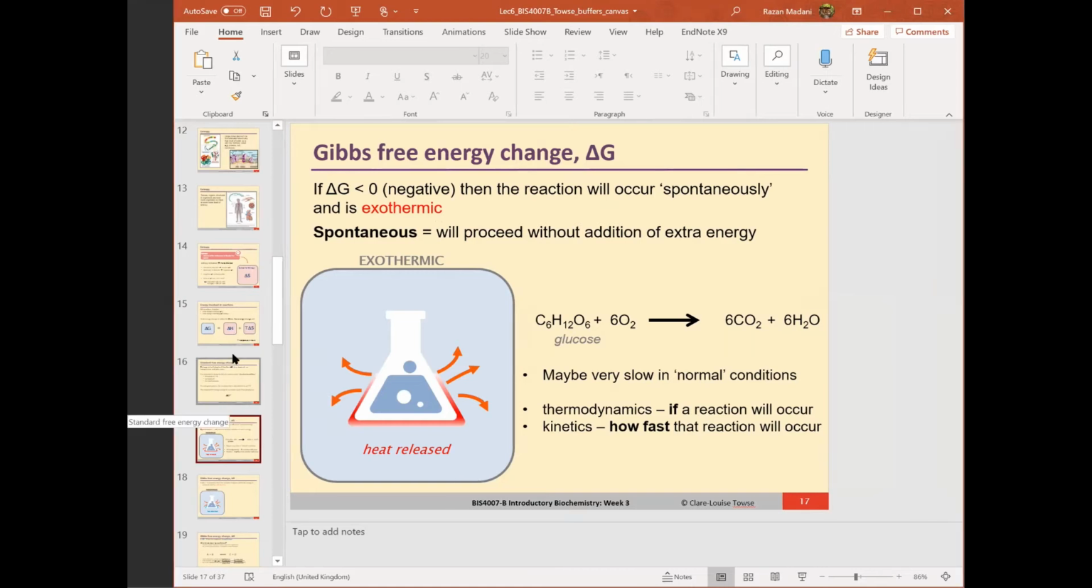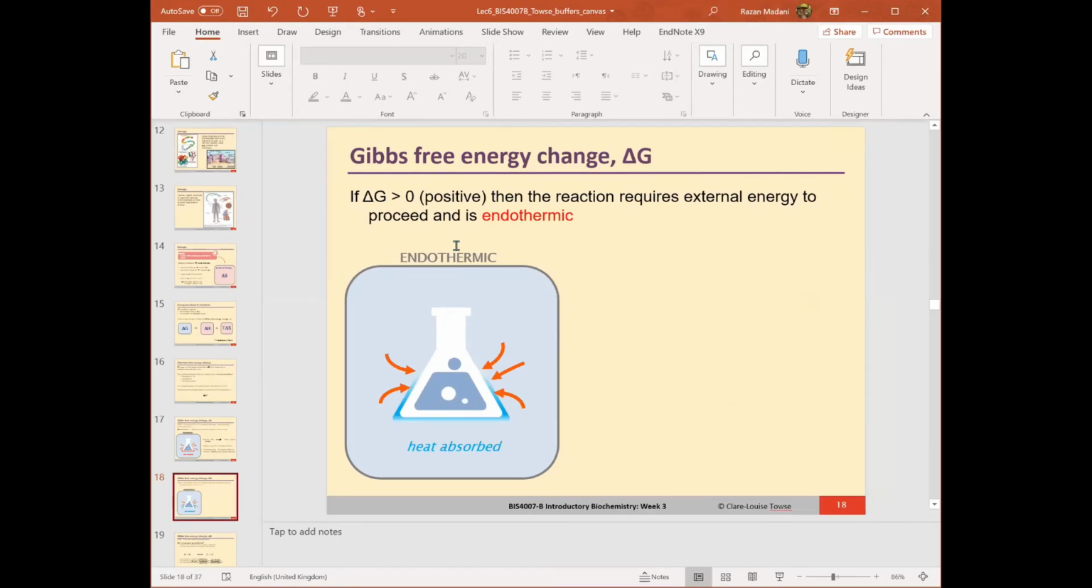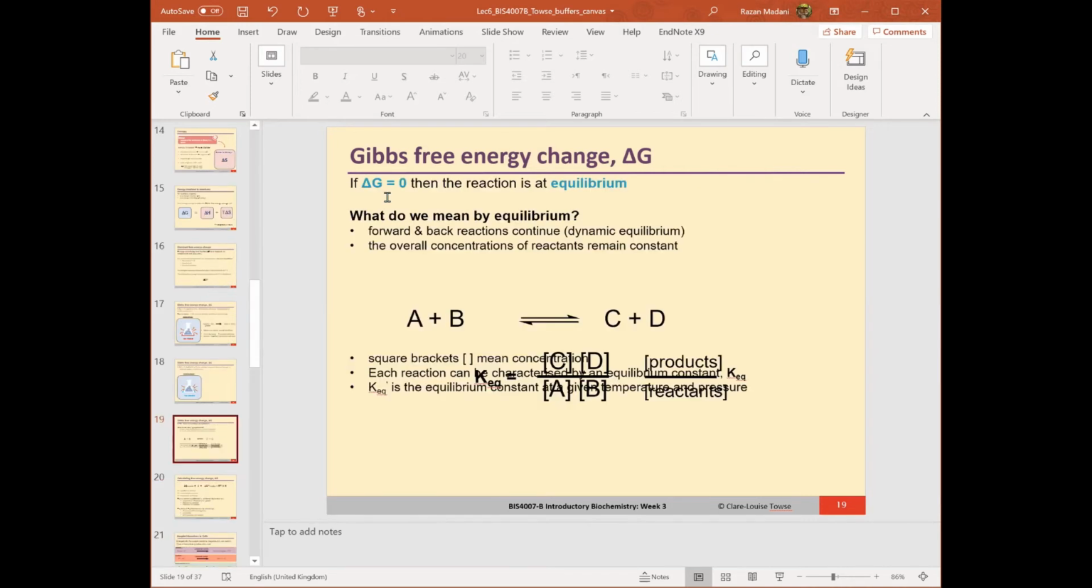Yeah, I've got it down. And then it says if delta G is bigger than 0, that means it's an endothermic reaction. Yeah, I've got that down as well. If delta G equals 0, then the reaction is in equilibrium, which kind of makes sense because it's